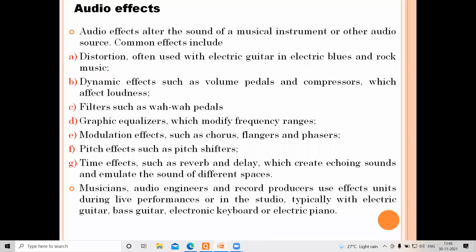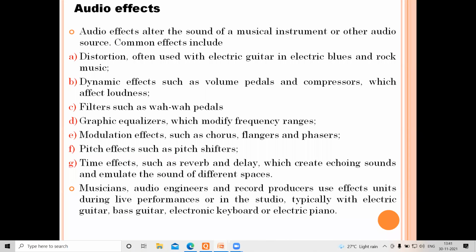Then you have time effects such as reverberation and delay, which create an echoing sound. Sometimes echoing is not good. I'm talking now. If my voice is coming back to me, then it's an echo. If I'm able to hear back when somebody is speaking and among the audience someone is trying to talk to me, but what's happening is I receive both information, one is the speaker, other is my own voice, then in that particular case, you'll have to have automatic echo cancellers. Echo cancellation has to be introduced. Therefore, that's a problem.